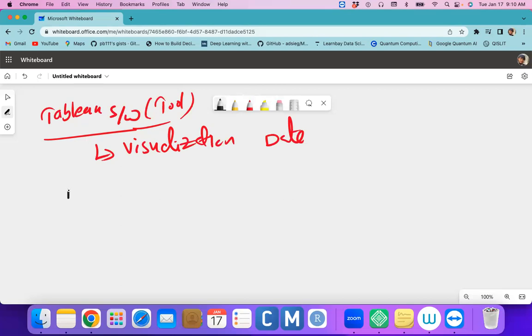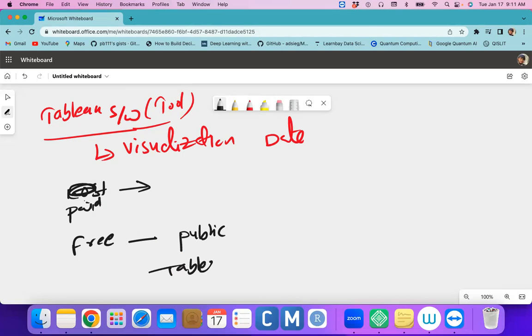So this Tableau software, one thing is that it could be free and there could be some kind of cost also. Tableau is available in two versions, a free version as well as a paid version. The free version is Tableau Public. Tableau Public is the software which is free, and we can download it from the internet and do the reports,